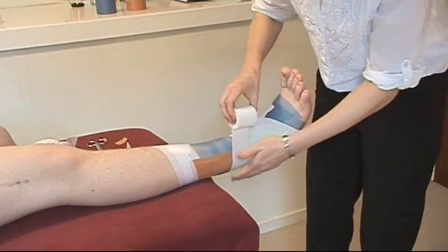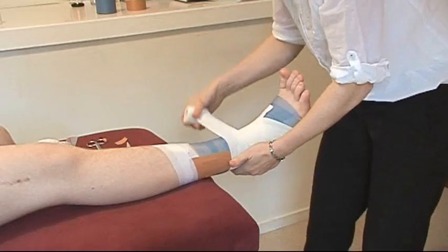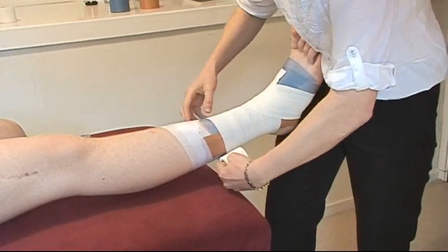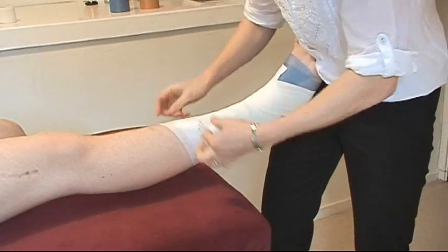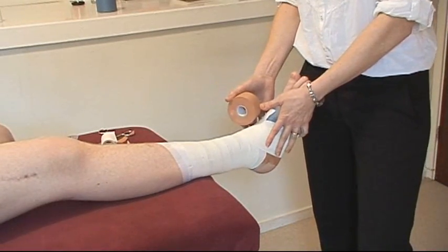And then we just tidy that up, again very loosely, just going up the ankle, just to hold everything in position. And there we are. Obviously what you do want to make sure is that your taping's been effective, so you